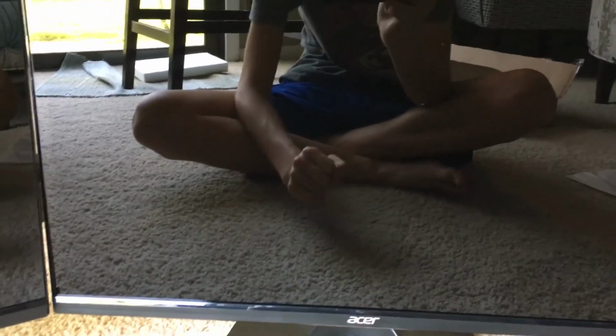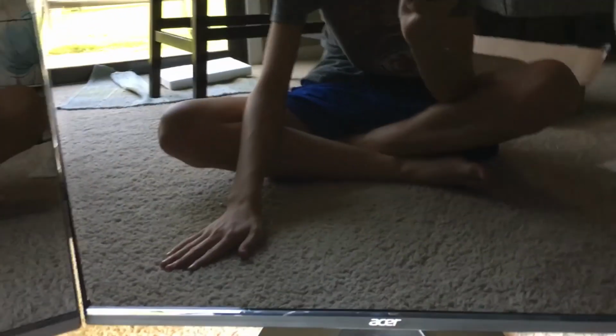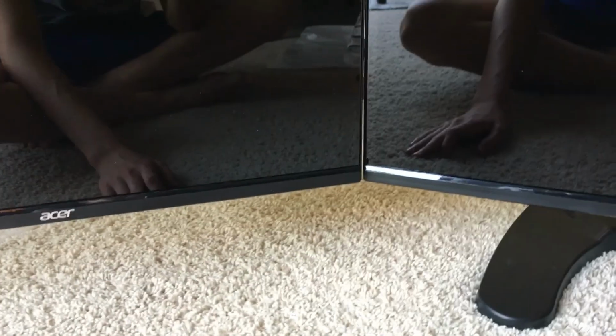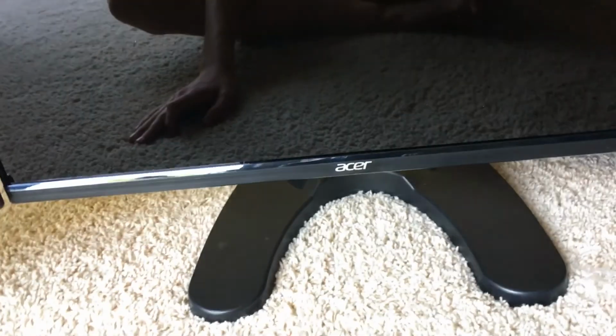It took like 2 days to do, and it was a pain the whole way through. So just don't do it. Don't do it. But these monitors are pretty sick, so I'm kind of glad I got these monitors. Look at these sick